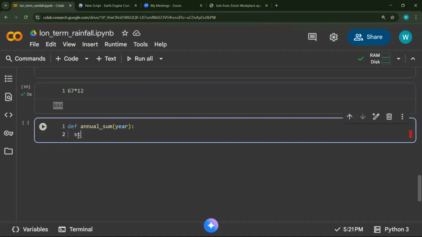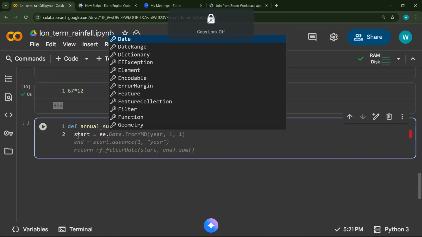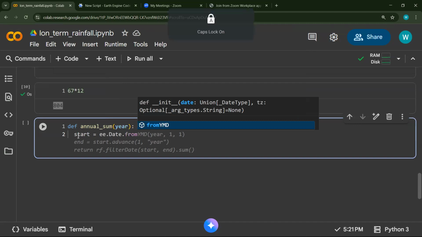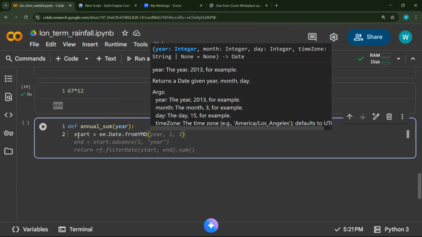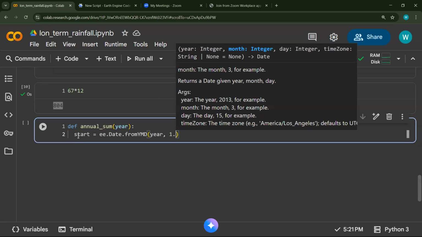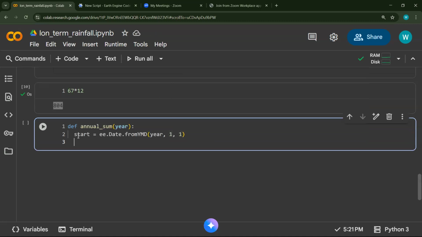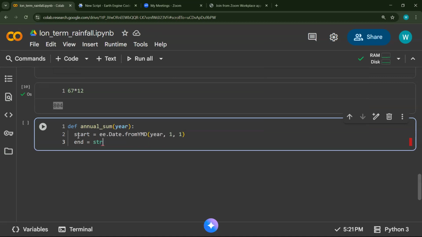For example, we say the start year, we convert to date, everything from year, month, day, like that. From the year, let's say 2024, January 1st, that is the start year. So the end year, that is the end of that period which we want to aggregate around,